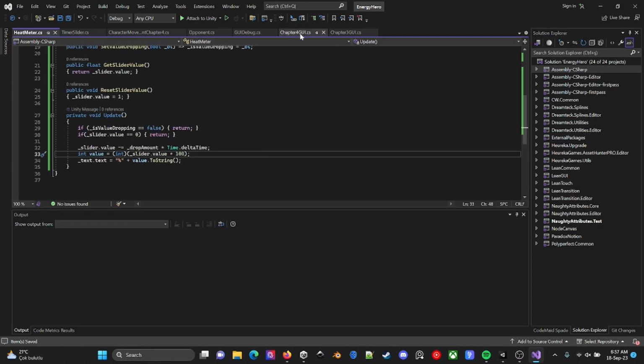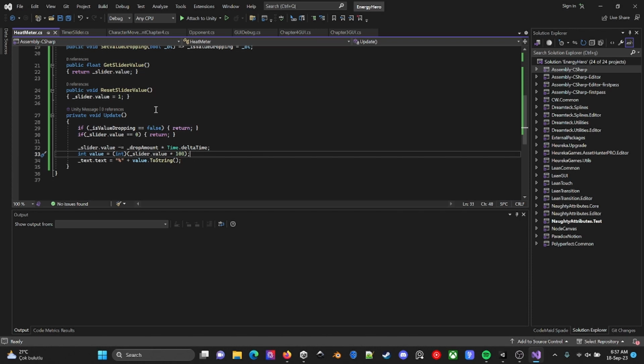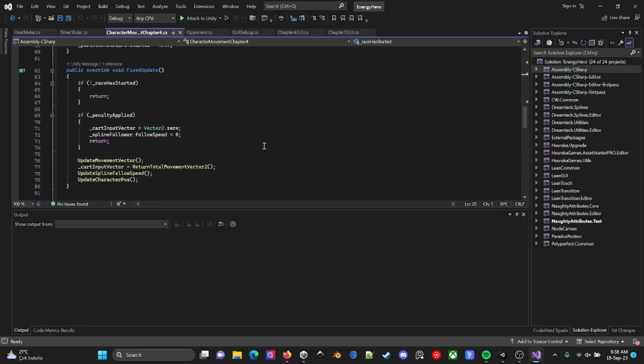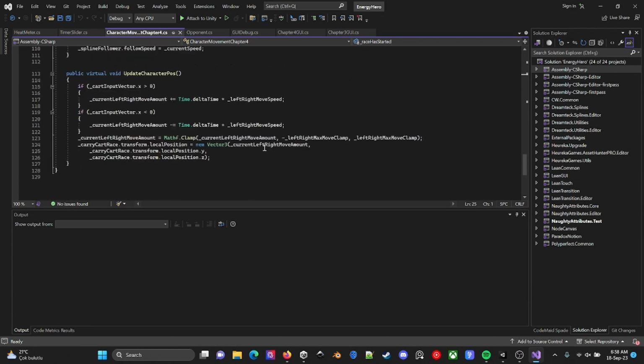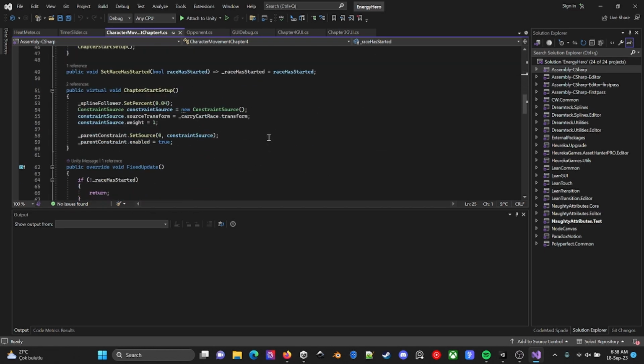So let's go to my chapter 4 GUI. Okay, heat meter, my player just needs to collect the nutrients along the way, and it should have any trigger or maybe a collision along the track to see if any trigger is happening, any physics collision happening between the character and the nutrients.